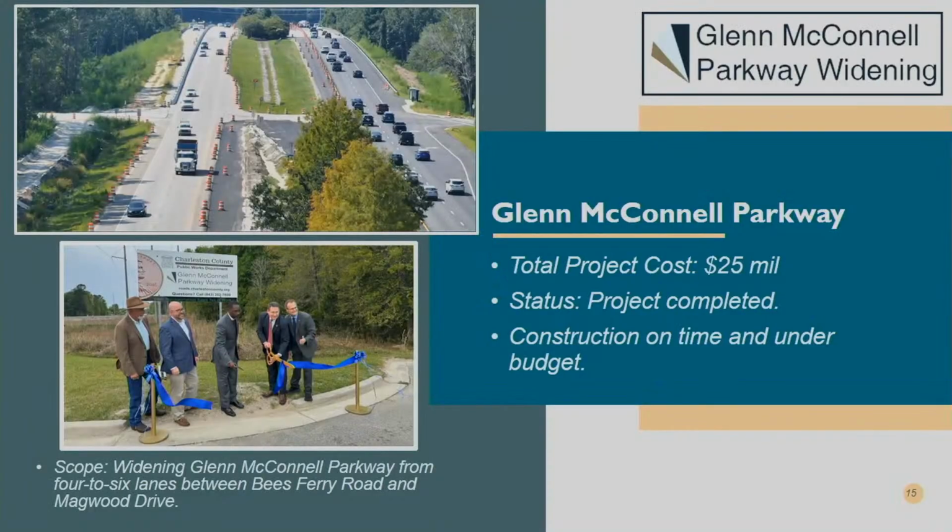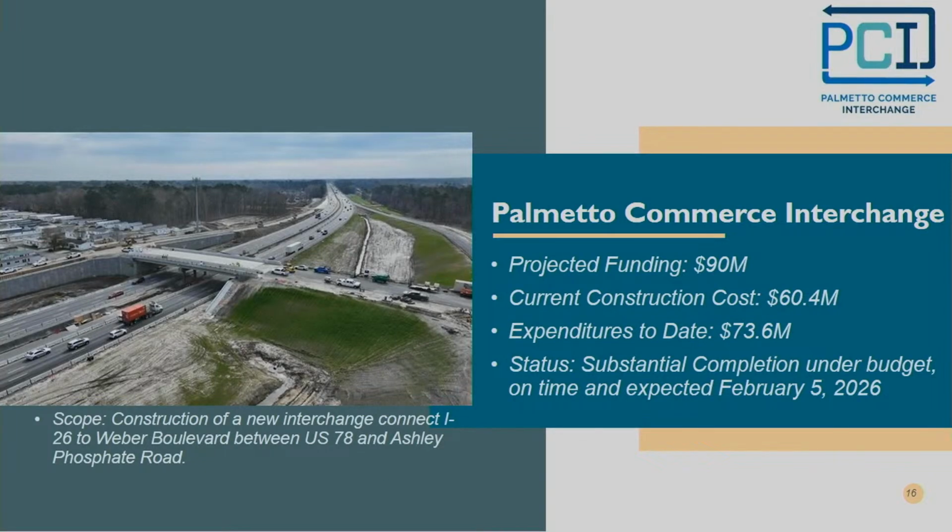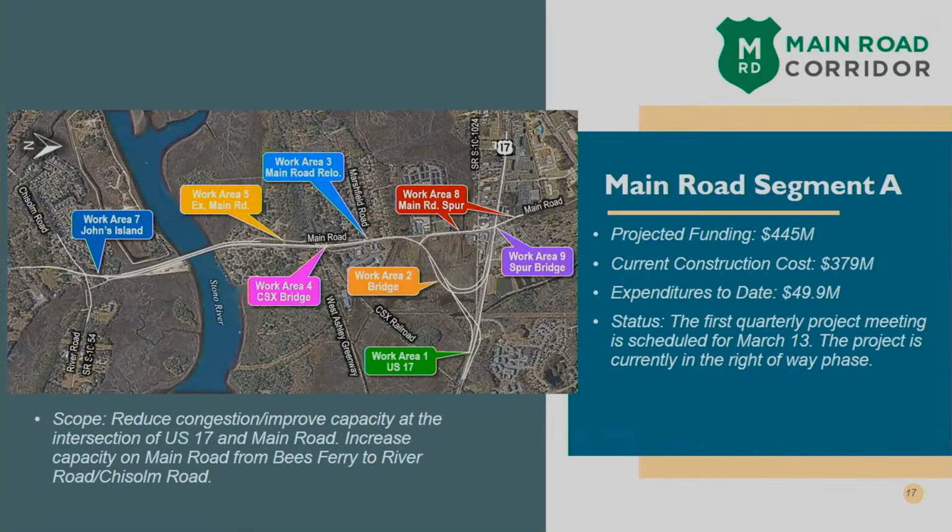Now I'll run through our feature projects quickly, just to give you a quick brief on these. Glen McConnell Parkway, a $25 million project, has been completed. Construction was on time and under budget. We've got Palmetto Commerce Interchange underway. That's a $90 million job. Construction is on time, expected to be complete on February 5th of next year. Main Road Segment A is underway,